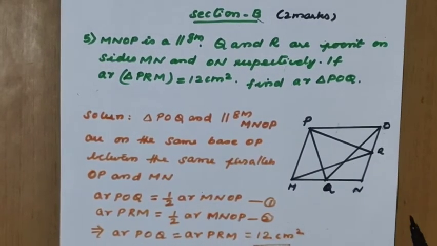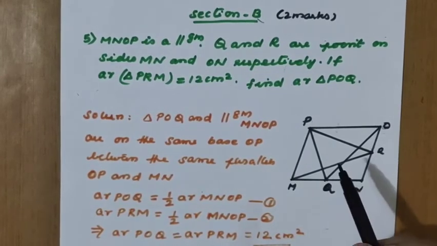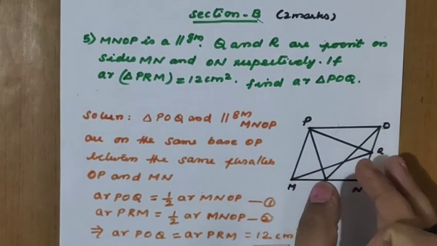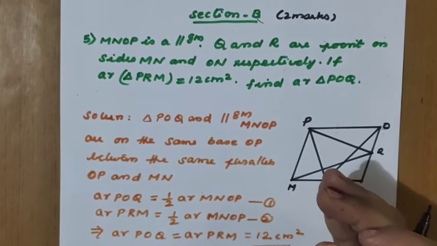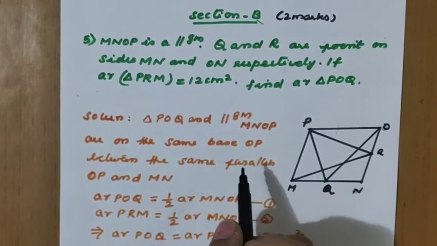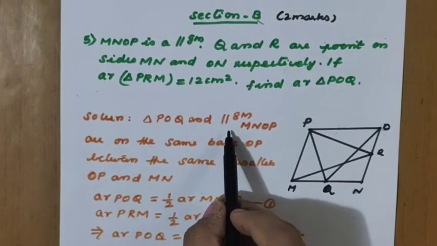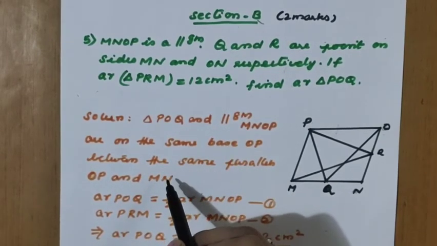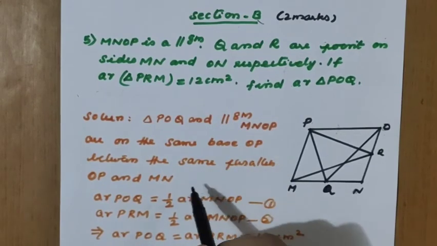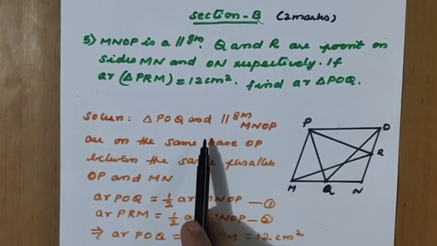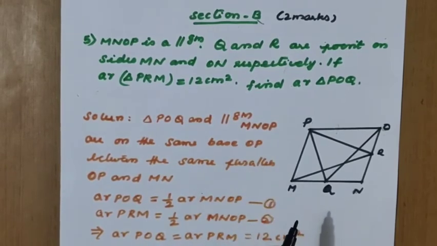Since it is a 2 mark question, we can avoid given and to prove and all. But this is a question from chapter 9 only, so that theorem you have not learned this present year. But I can explain that one. When a triangle and a parallelogram are on the same base and between the same parallels, then area of the triangle equals half of the area of the parallelogram.